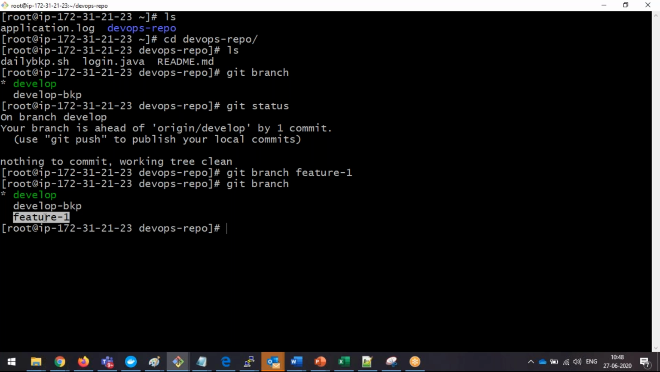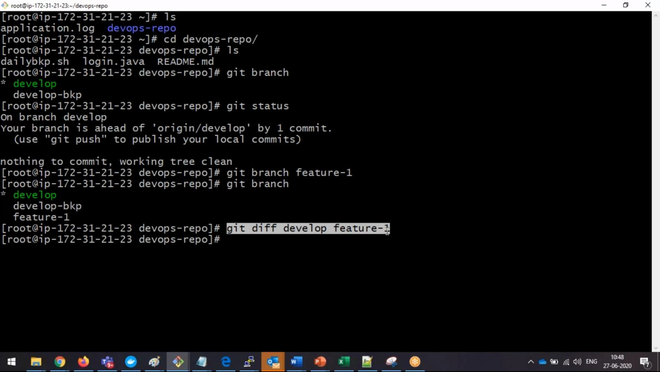To confirm whether both are in sync on the local, I can run git diff to check the difference, develop against my new branch. If I don't see anything, it means both are in sync. Just now I created it. So now what I will do,